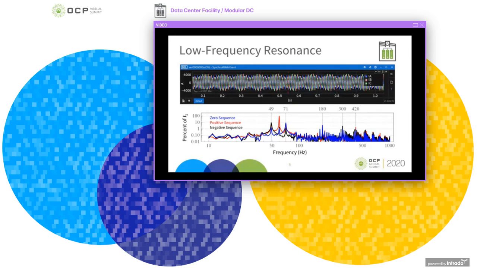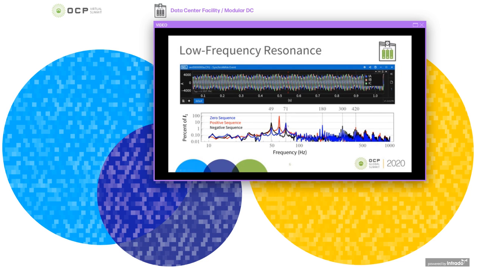If you're not familiar with sequence components, positive, negative, and zero sequence components are just a different reference frame to analyze three-phase systems, which makes it a little bit easier since most of the time sequence components are uncoupled from each other and allow us to analyze each sequence network one by one instead of analyzing a fully coupled 3-input, 3-output, 3-phase system.